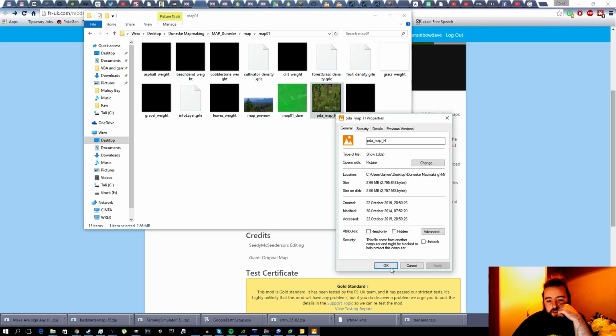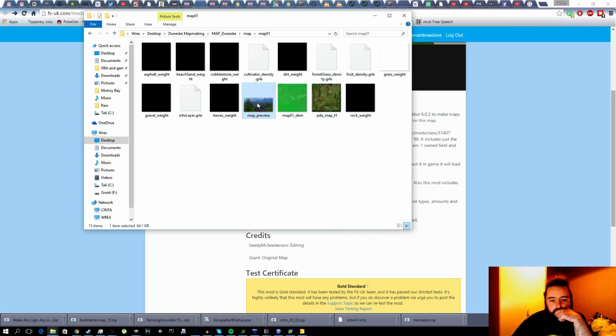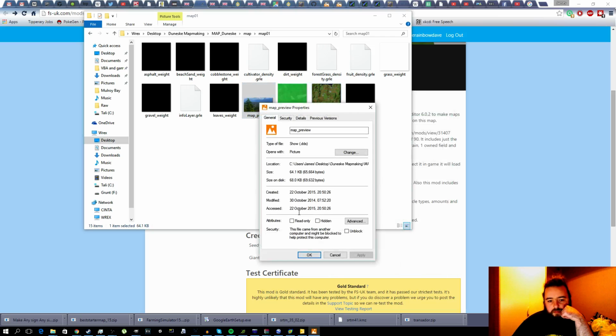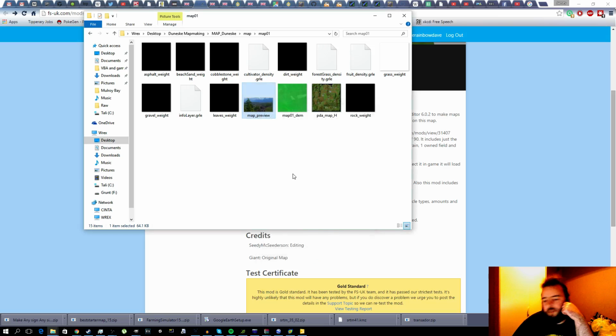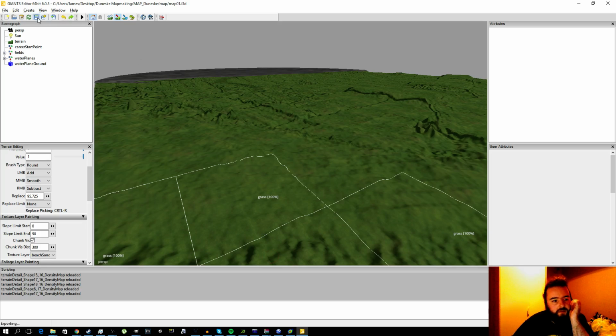Properties. .dds. Okay. My preview, what is this? .dds as well. Okay. So that's stuff that I'll be doing towards the end, the PDA map and the map preview. They're the two last things that I'll be doing. Oh yes, the weight maps that clarify all that stuff. That's stuff that will come in as I save a map. So if I save a map right now,